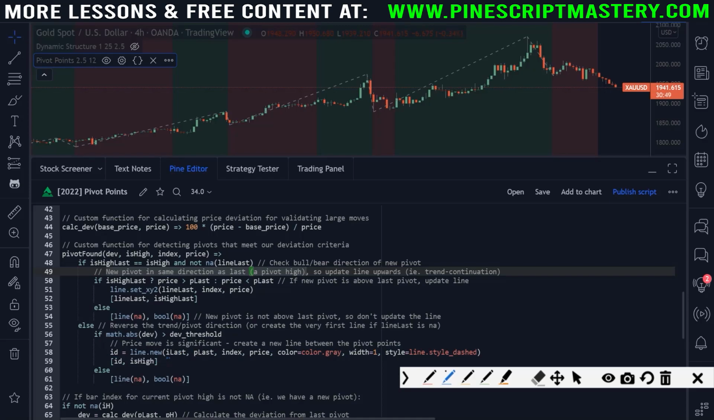The first one is the last index of the last pivot and the last price value of the last pivot, and the bar index of the current pivot and the price of the current pivot. And that creates a new line or a new pivot. The old line is basically finished drawing. The old pivot is done, and we now have a new pivot that we're going to continue updating to the